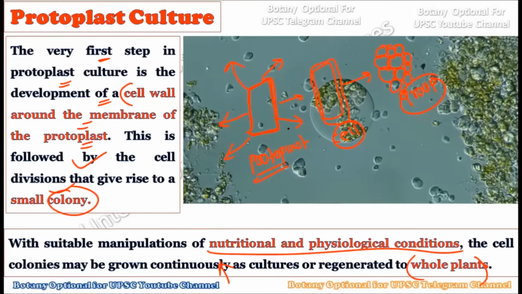Okay, so basically what we are doing here, we are taking the protoplast from the single cell, and this protoplast we are growing in the controlled plant tissue culture laboratories. And the process of growth of protoplast follows like this. First there will be the protoplast, then after that there will be the cell, because the cell wall is formed, and these cells will get converted into a group of cells, and now this group of cells has the ability to get converted into the whole new plant.